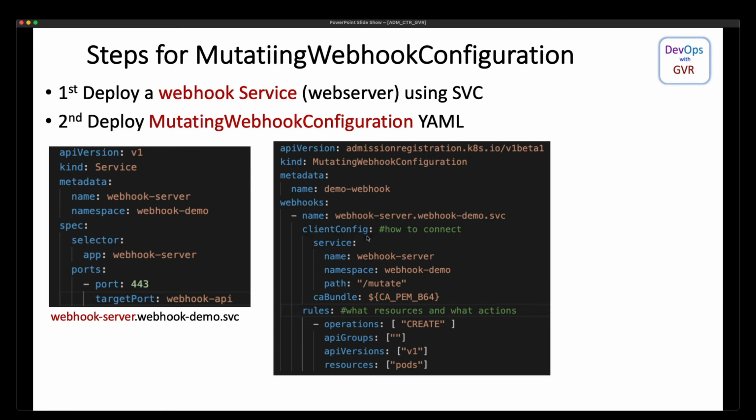Client configuration means, who is the client here? The client is a client for this one, and this one says how to connect. This client requires some URL. Say my service is located in some Azure or GCP or somewhere else. How do I do that? Under the client config service there is another property called URL. So I can show you that.